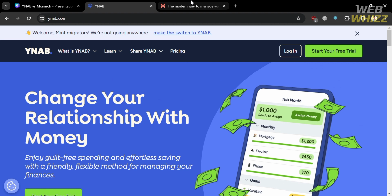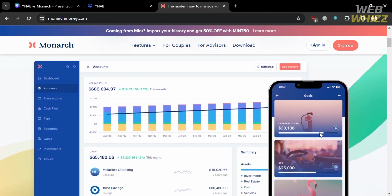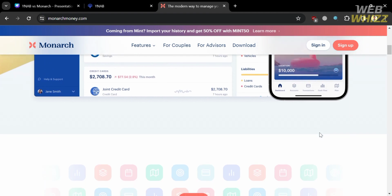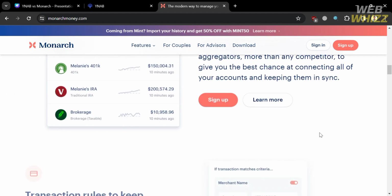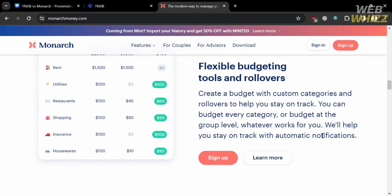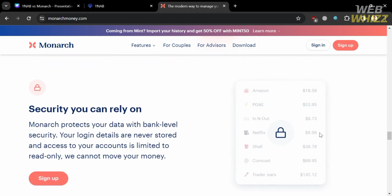to budgeting. On the other hand, Monarch is a personal finance manager that connects to your bank, credit card, or investment accounts, in which it automatically categorizes your transactions and provides insights into your spending patterns. Monarch also gives you personalized budgeting recommendations based on your financial goals and preferences. It has a simple and intuitive design and allows you to see your net worth and cash flow at